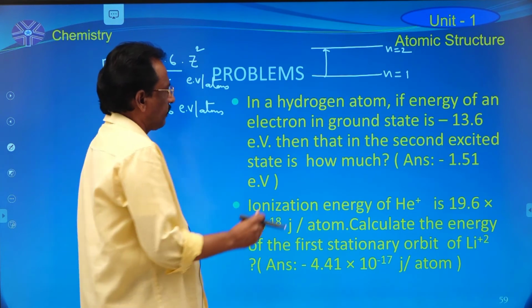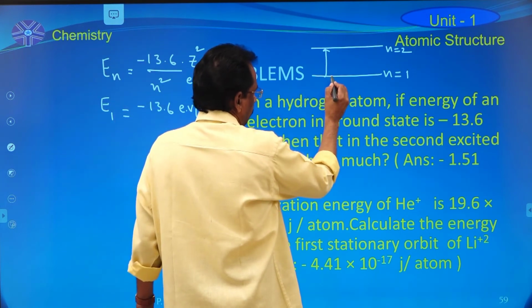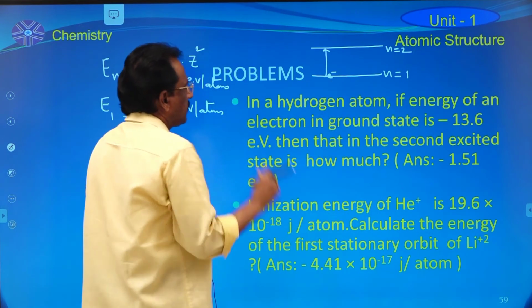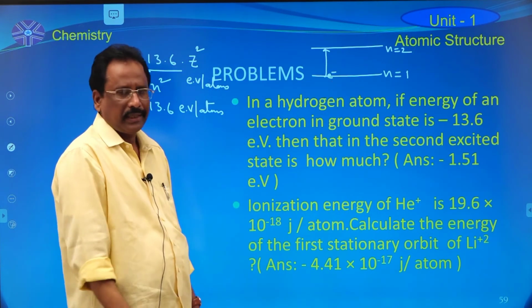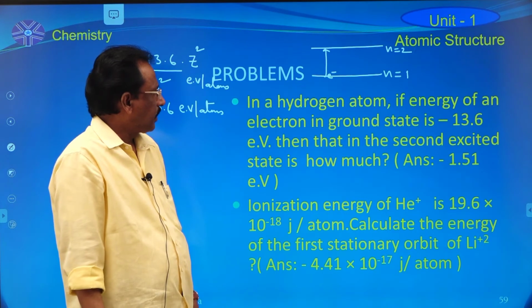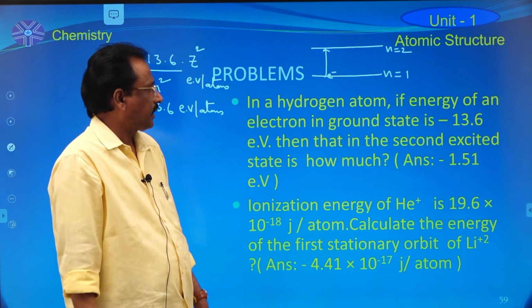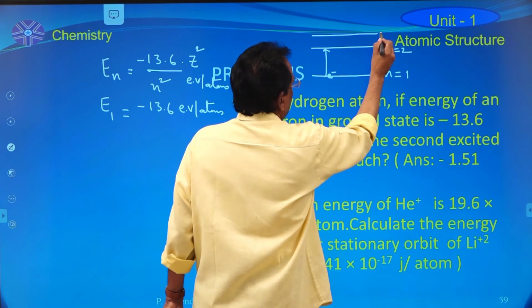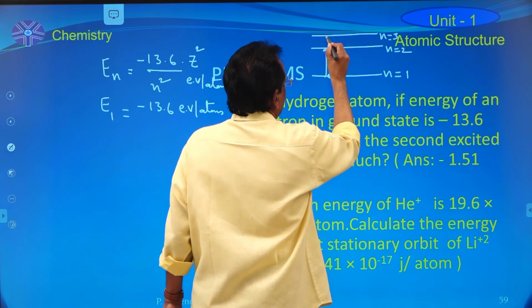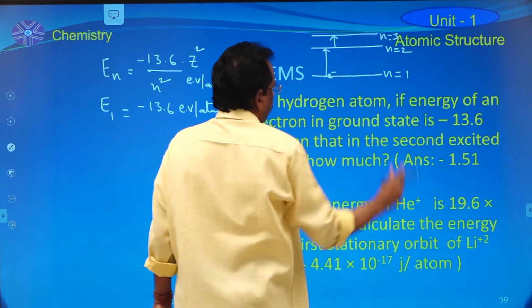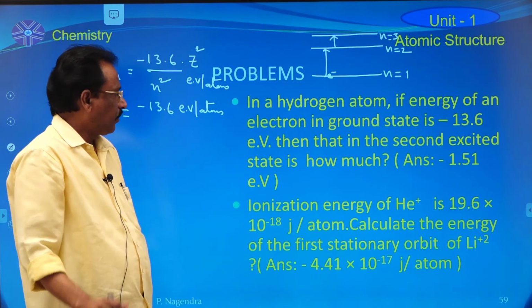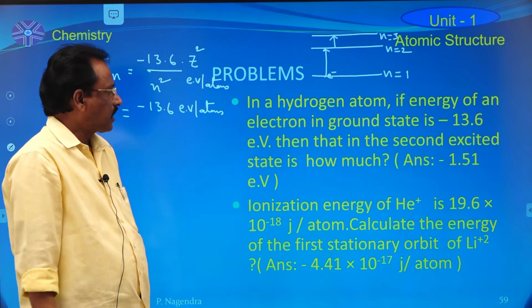By absorbing some amount of energy, that electron goes to the second higher energy state. That is the meaning of the first excited state. When this electron jumps into the third energy state, this is the meaning of the second excited state. That means if you want to find out the energy of the electron,